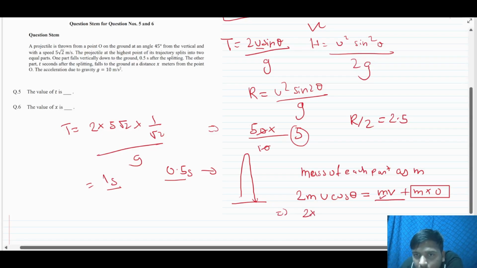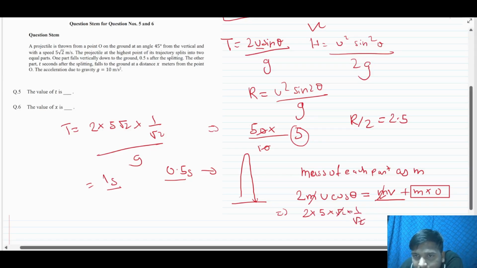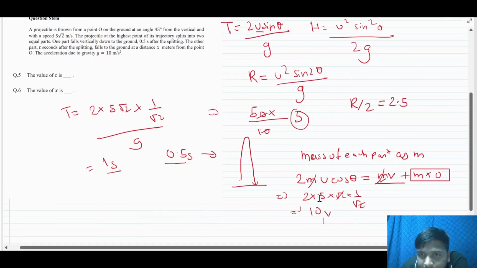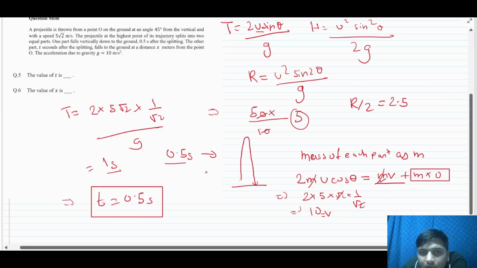So 2 into m, m doesn't matter here, it will be cancelled. So 2u cos theta, that is 2 into 5 root 2 into 1 by root 2, is equal to the new velocity. So it will start moving with a velocity of 10 meters per second. If it moves with 10 meters per second in the x direction, and in the y direction there is no change, it will obviously fall under the action of gravity only. So the time taken by it to fall will be equal to 0.5 seconds. This I have already proved in the concepts here. So with the 10